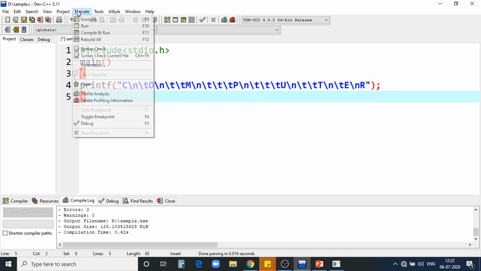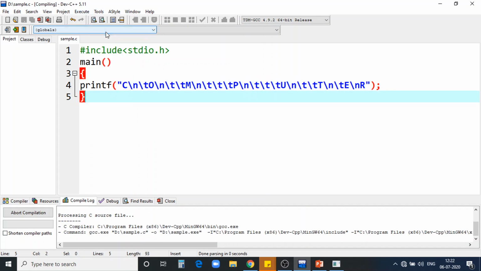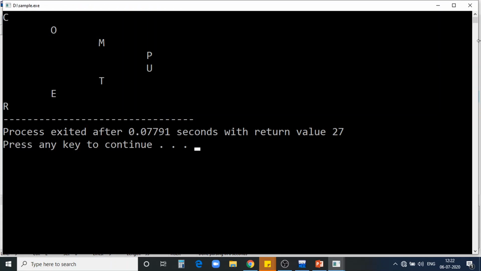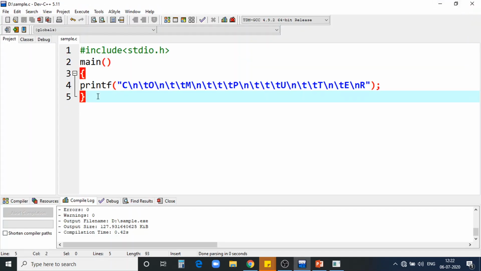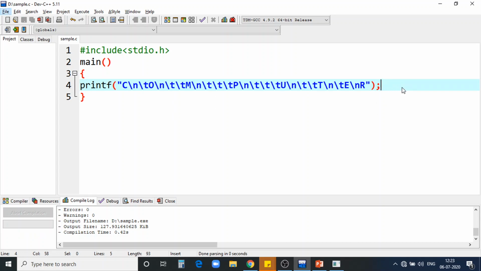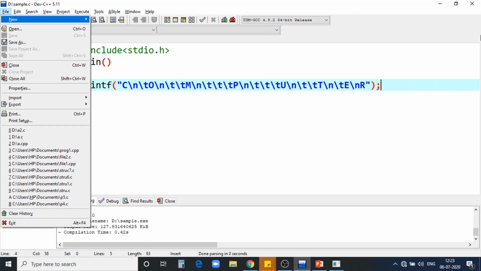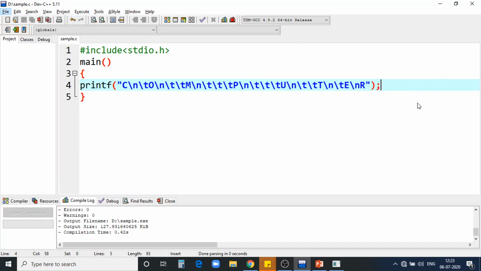Let's see. See, the output is the same. See here, in some programs, in some compilers, we require getch.